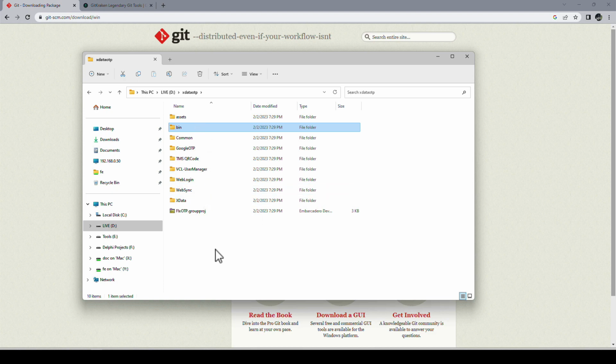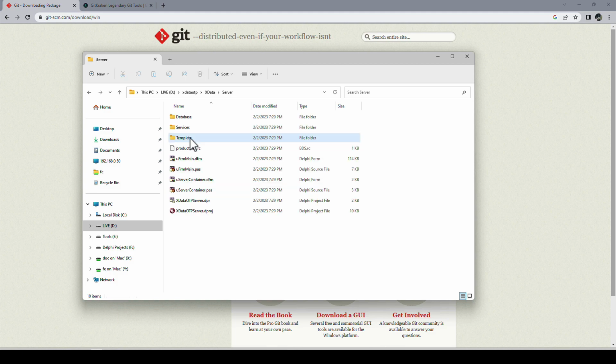So this is already filtered out. But let's say I open up the project, for example, the XData server project here. At some point, I would get user definition files, maybe even desktop files. All these files don't need to be in there. Same for the IDE. It creates a history folder. It creates backup files. All these files we don't want to have in version control because we have the backups by checking in and basically keeping the progress of the file in our own system.